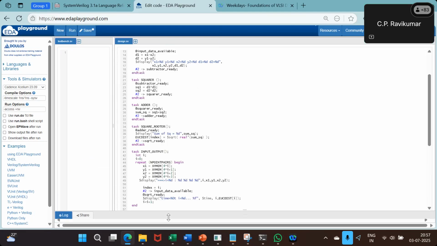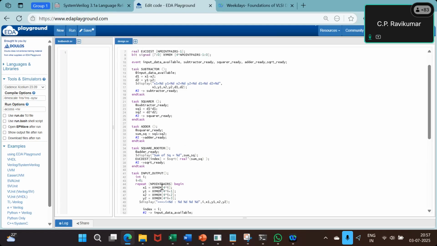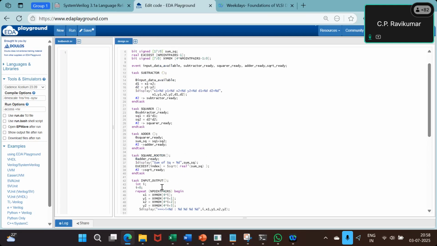But after printing this, index was set to I, and it sent a signal to input data available, right? And I'm hoping that this guy will wait. You know what? We should have put in a for loop. No, we never did that. We should have been in a for loop. I forgot to do that. Okay, see, that's a mistake. For loop. We have to do this